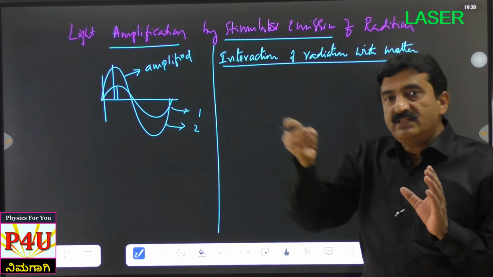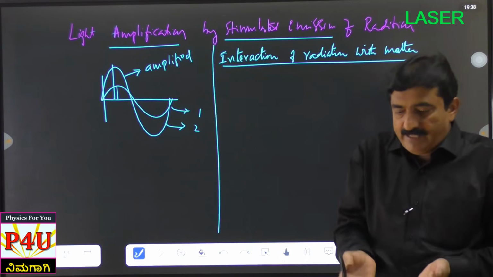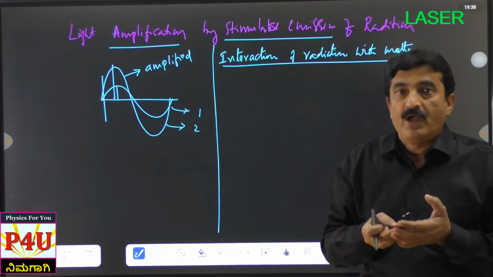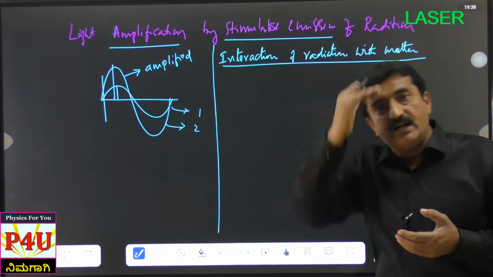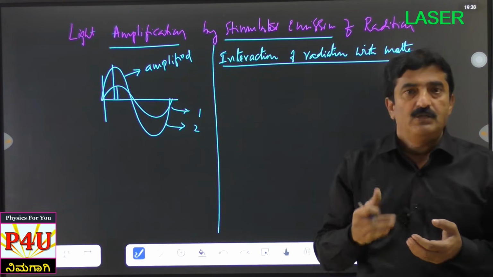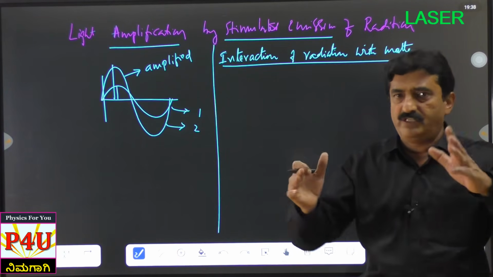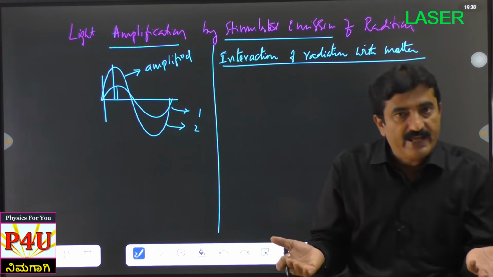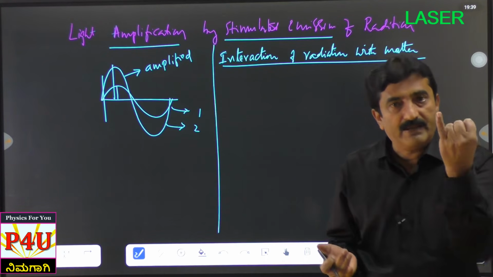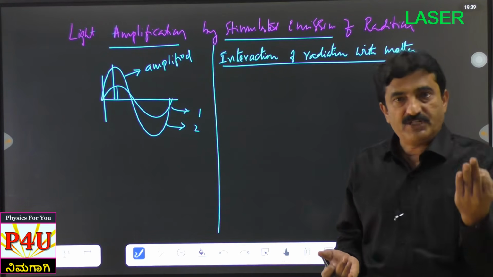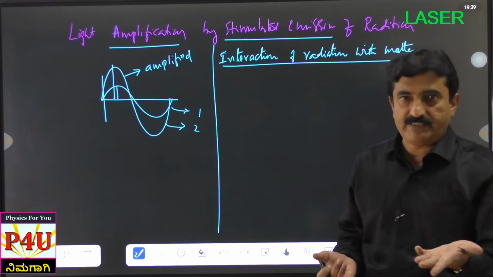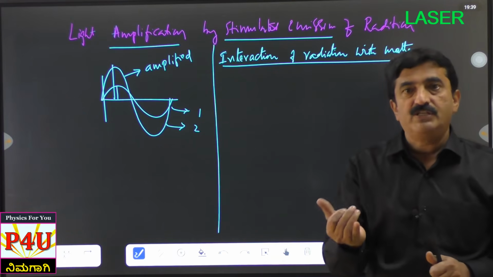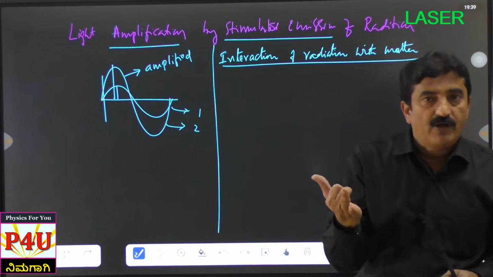If you incident light on the ground state, then atoms will go to a higher level. This is called absorption of light. After spending some time there, they will return back. This is emission. Excitation, de-excitation, all these things you already studied in PUC. While coming back, they emit radiation. That radiation may be in Lyman, Balmer, Paschen, Brackett, Pfund series. Means the emitted light may be in the ultraviolet region, visible region, or infrared region also.